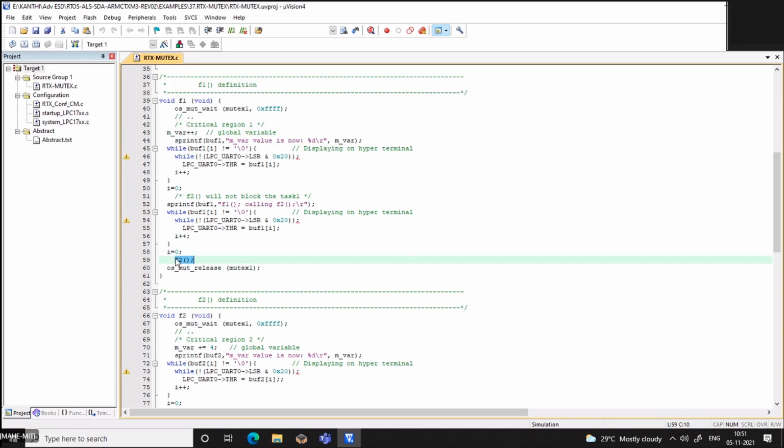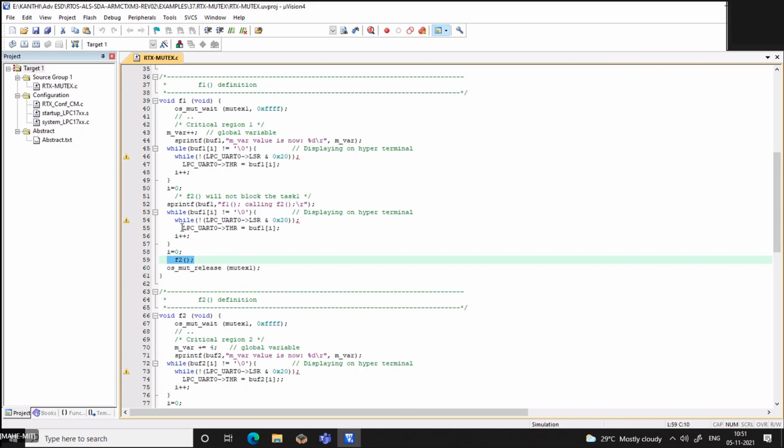Now what happens is, supposing I call this function F2 from F1. F1 was called by process 1. Now process 1 is calling F1 and F1 is calling F2. Let us imagine that process 2 is also calling F2. So we have to make sure that there is no conflict. Consider that process 1 is already in the critical section through F1.